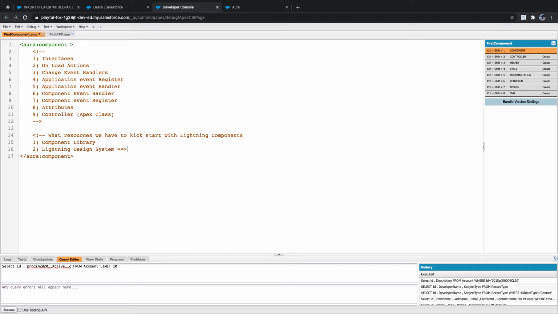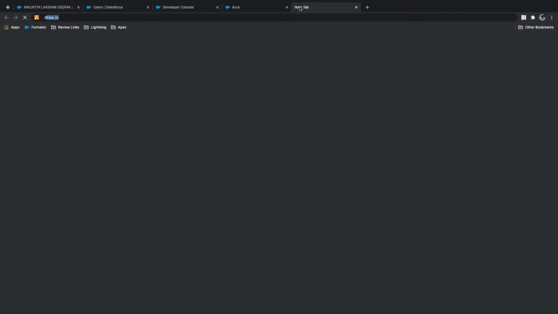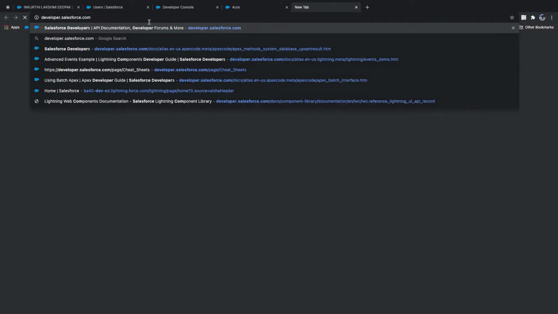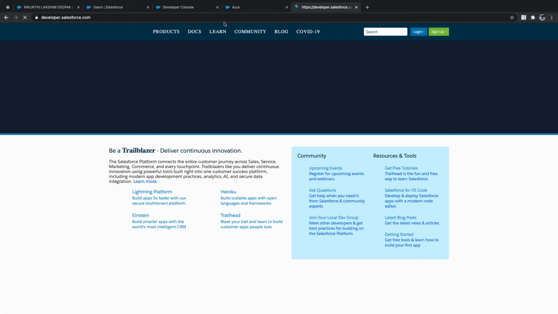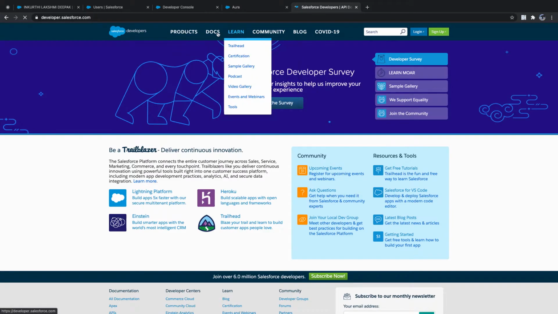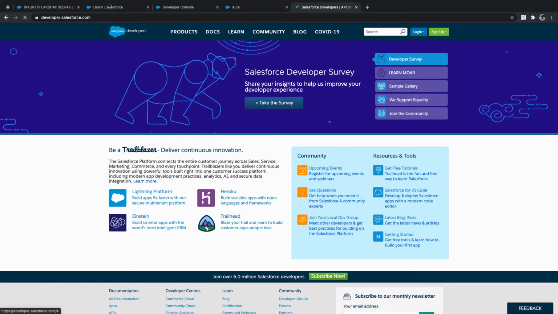For this you have a URL called getslds.com, and you can go to developer.salesforce.com and navigate to the component library from there. So you don't want to write anything from scratch, because Salesforce provided basic lightning components in the docs only.